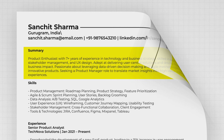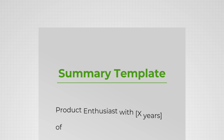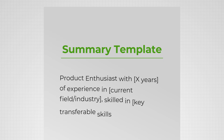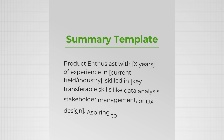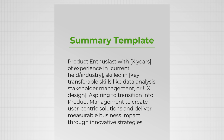And also, the summary section is the best place to populate as many keywords as possible that are related to their job opportunity or their job description. So here is a summary section template that you can use. You can start with: product enthusiast with X years of experience, whatever your years of experience is, in XYZ role or in the industry, skilled in key transferable skills, whatever skills you have learned or already gained in your previous role, aspiring to transition into product management to create user-centric solutions and deliver measurable business impact through innovative strategies. You can use this summary template, and you can also tweak it, make it better, refine it using